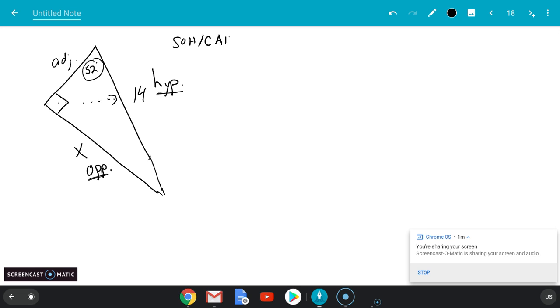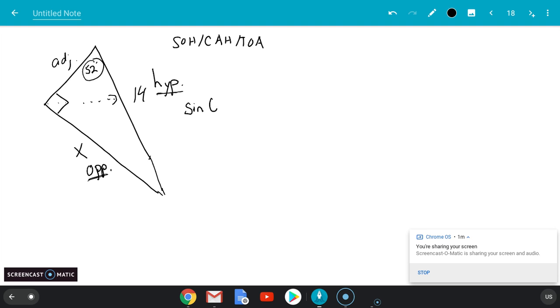That goes back to the previous lesson of SOHCAHTOA, where that little mnemonic tells you which part deals with which trig function. So remember, sine was opposite over hypotenuse. CAH, or cosine, was adjacent over hypotenuse. TOA, or tangent, is opposite over adjacent. So if I have opposite and hypotenuse, that deals with sine. So my setup would be sine